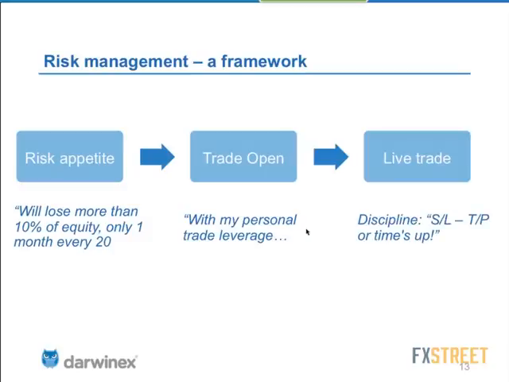And when the trades are live, I will need the discipline to program a stop loss, or very importantly, a take profit. When my setup has played out, I should basically say, well, either this trade has worked or it hasn't worked. And then I simply have the discipline to close it regardless of whether I'm winning or losing if my time is up. So if you go into a trade for a couple of hours, and after those couple of hours, you have neither hit your take profit nor your stop loss, ideally, you should really have the discipline to close that trade wherever it is, because just leaving it randomly open is basically taking a random path. It's no longer a strategy.